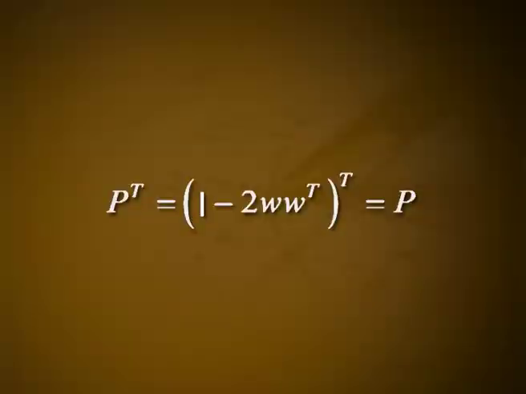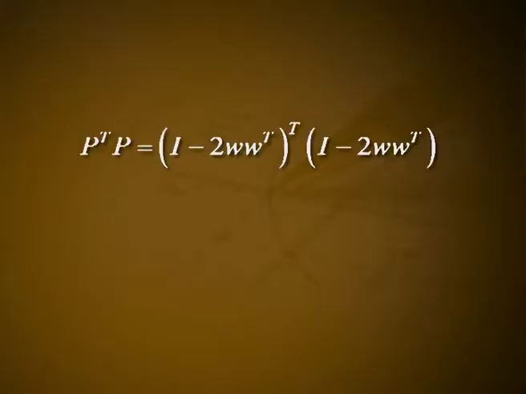In Householder's method, first we consider the orthogonal transformation of the form P equal to I minus 2 W W transpose, where W is a column vector such that W transpose W equal to 1. P is symmetric because P transpose equal to (I minus 2 W W transpose) transpose, that is equal to P, and P is orthogonal because P transpose into P equal to (I minus 2 W W transpose) transpose